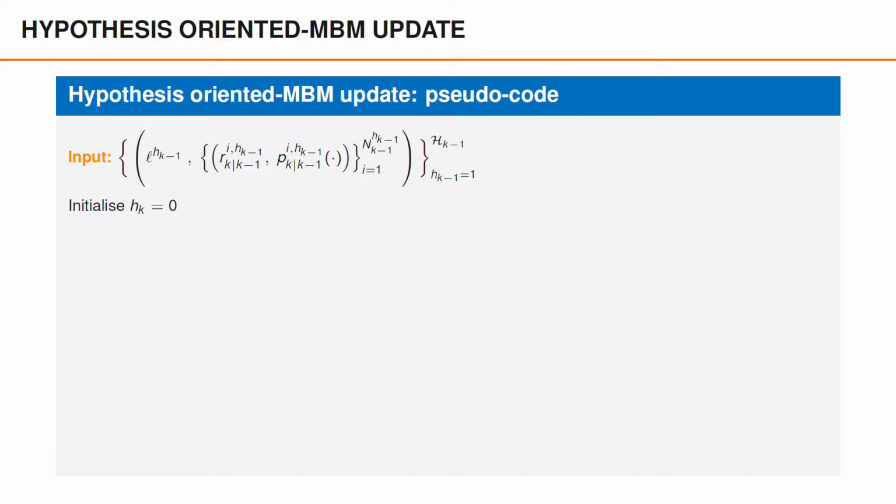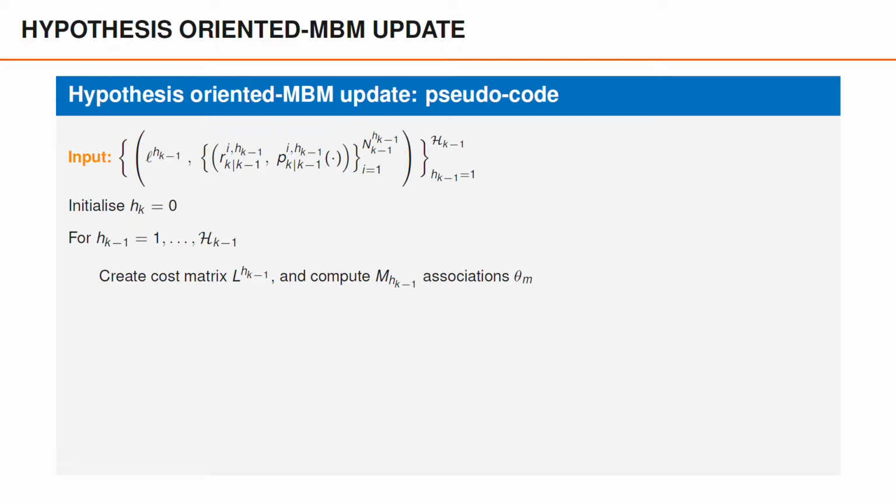A hypothesis-oriented MBM update can be explained as follows. The input to the update are the parameters of the prior MBM density, so that is the log weights and the Bernoulli parameters. And we can start by initializing a posterior hypothesis index H with a subindex K. For each prior multi-Bernoulli, indexed by H with a subindex k-1, we start by creating a cost matrix L, and we compute some number m of associations, theta m, using an optimal assignment solver. The number of associations m to compute here can be determined just like we did in multi-hypothesis tracking for a